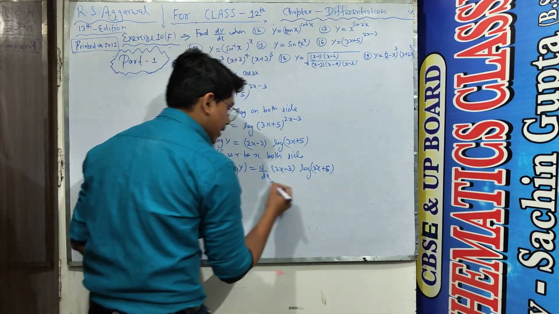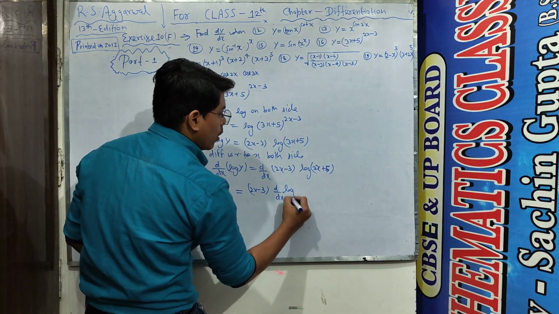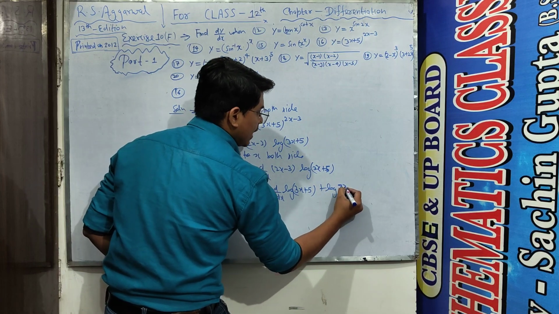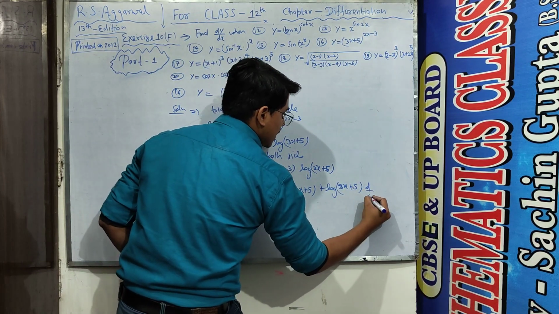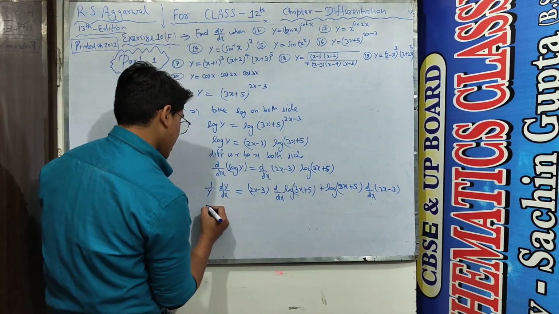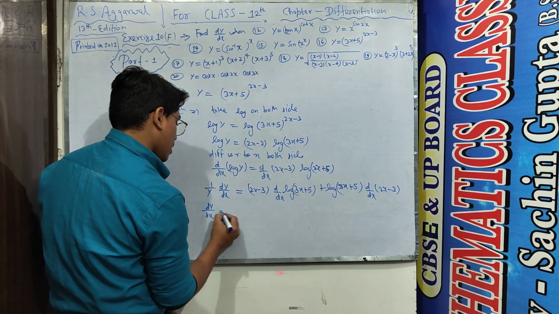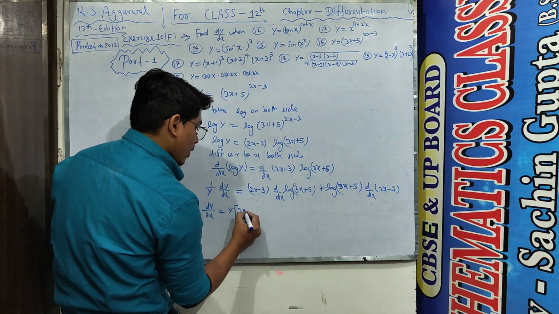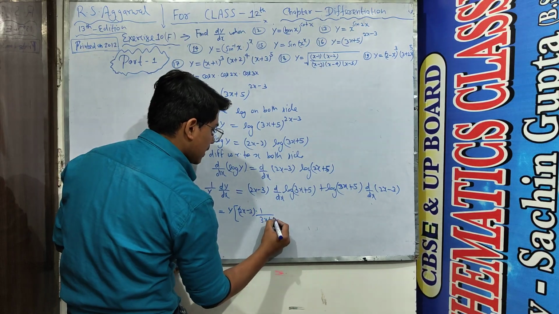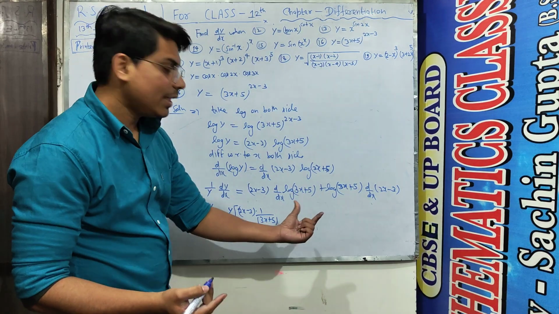Here, student, we apply the first-second rule. Then 2x minus 3 I write as it is, and differentiate log (3x plus 5), and here I write log (3x plus 5) as it is, and differentiate 2x minus 3, student. Now, student, I write this y on the other side, where it comes as a multiplication. Then 2x minus 3 I write as it is, and this becomes 1 upon 3x plus 5, student. And the differential of 3x plus 5 we do again by applying the chain rule.